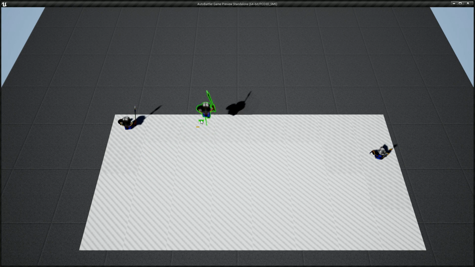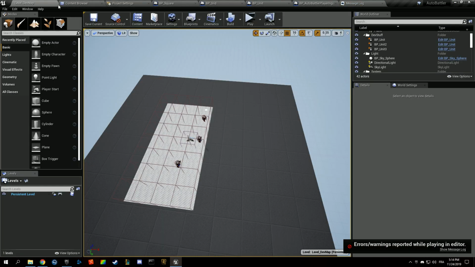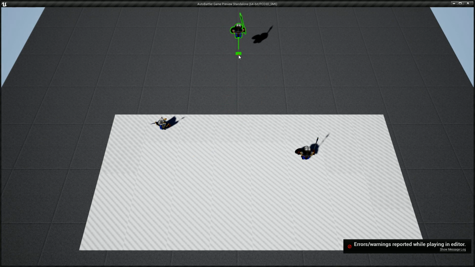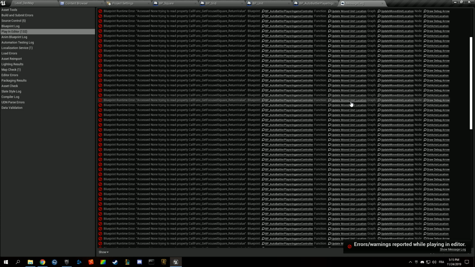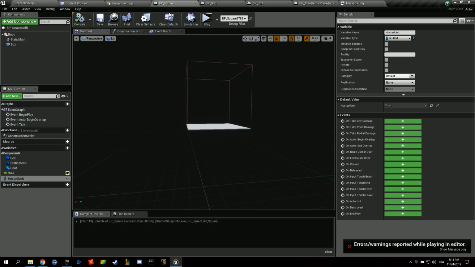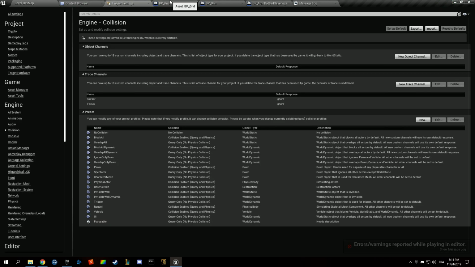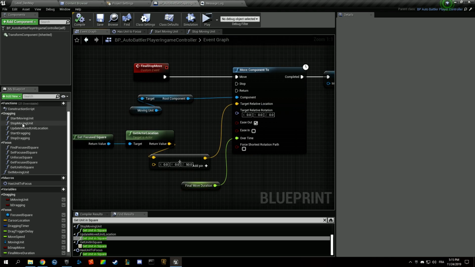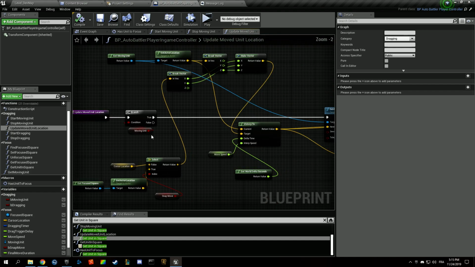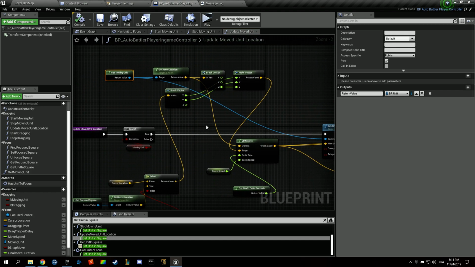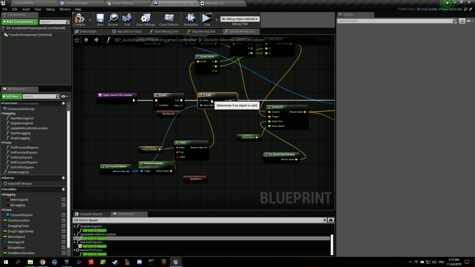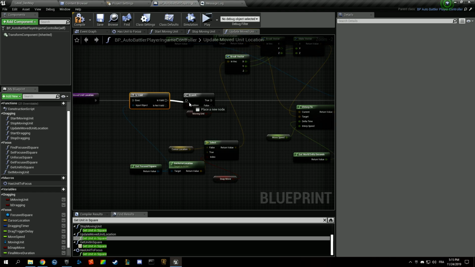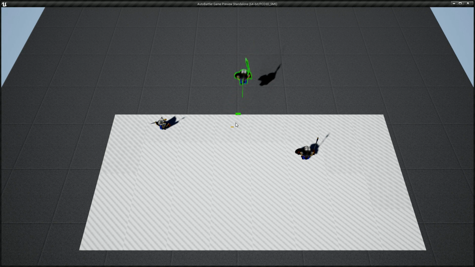So we're starting to look a bit better. So I think the bug comes from I drop the units in there, I think. If I do that, it won't say a thing, but if I do that, it will say, yeah. So I think we need something like, if we update our unit moved location and we no longer have a focus square, if it's not valid, we're not going to do anything in there, and I think it's going to fix the bug. Okay, so it's still,